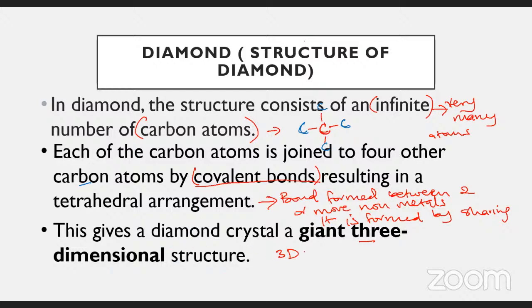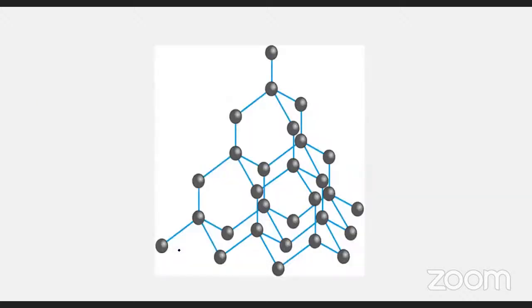Then finally, the structure is a 3D structure. So that is the structure of carbon. That is how it looks. Whereby each black